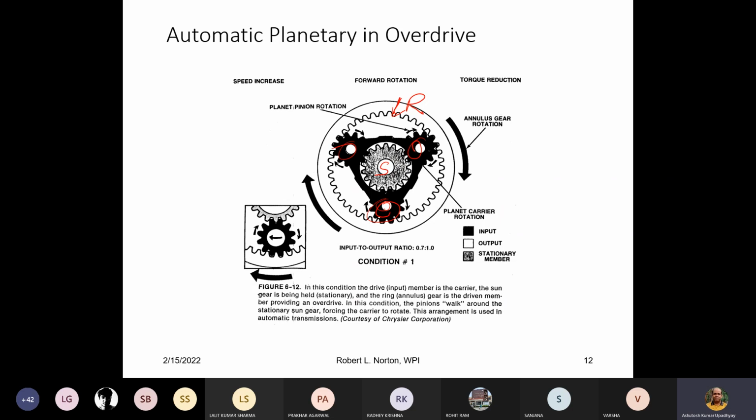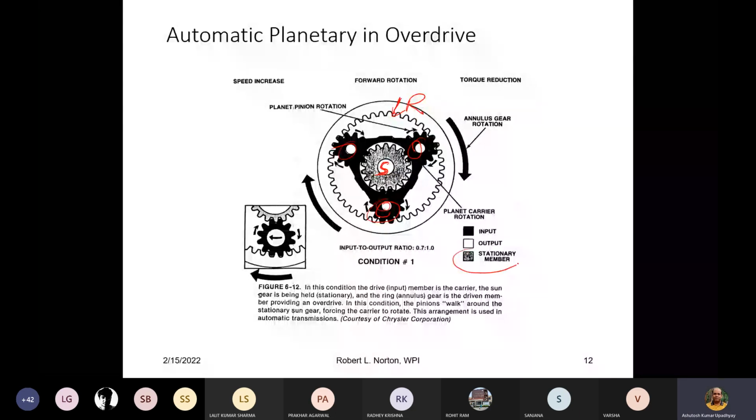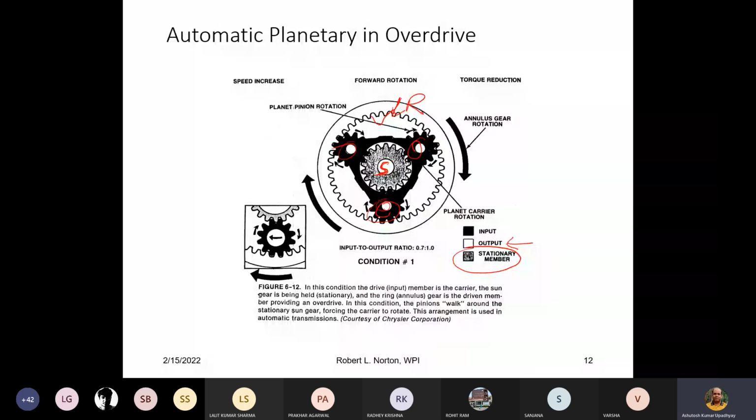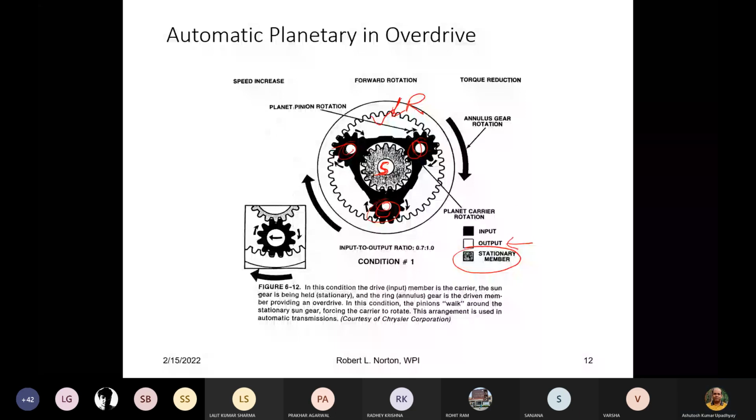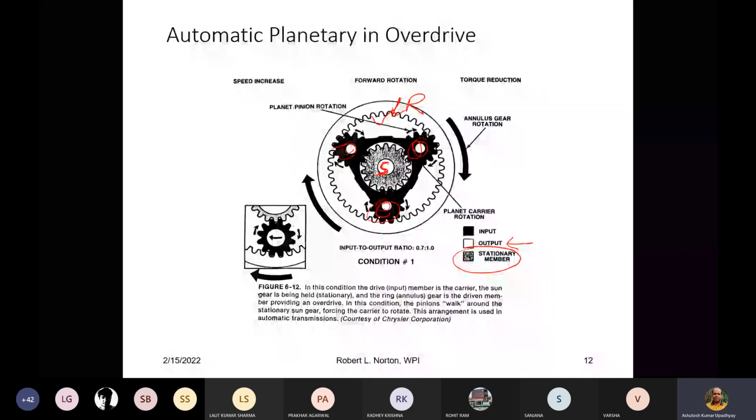You see the planetary gear set. This sun gear is fixed. The sun gear is the stationary member, and this ring gear is the output member. And what is the input? The planet carrier. The planetary trains are getting the input from the input shaft. This is the way we'll be connecting, because there was a dog clutch. Clutches were there, so they will engage a particular component accordingly. So this sun gear is fixed. This planet gear will give the rotation to this ring gear, and it will be transmitted to